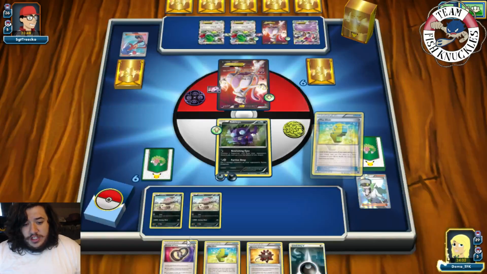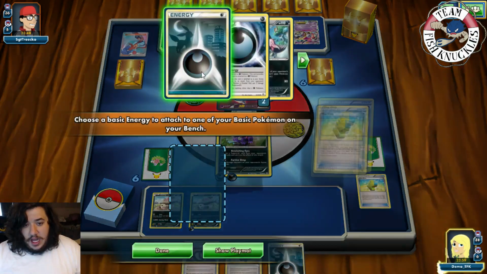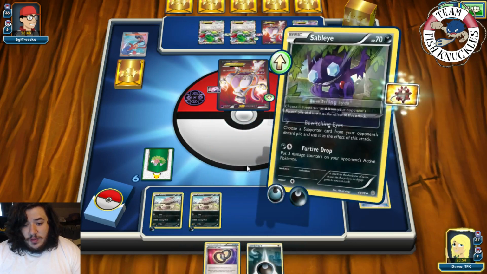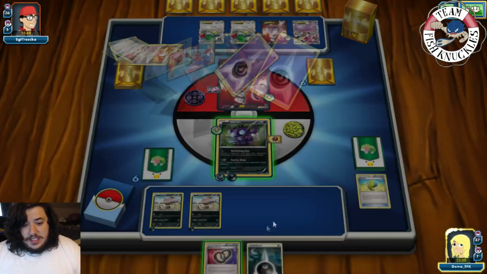Put a Dark Energy on one of the Vullabys. Use another Max Elixir. Gonna put another Dark Energy on a Vullaby, so both Vullabys get some energies, okay? Burst Balloon the active, and we could use Bewitching Eyes to get a Skyla to get any Supporter card out